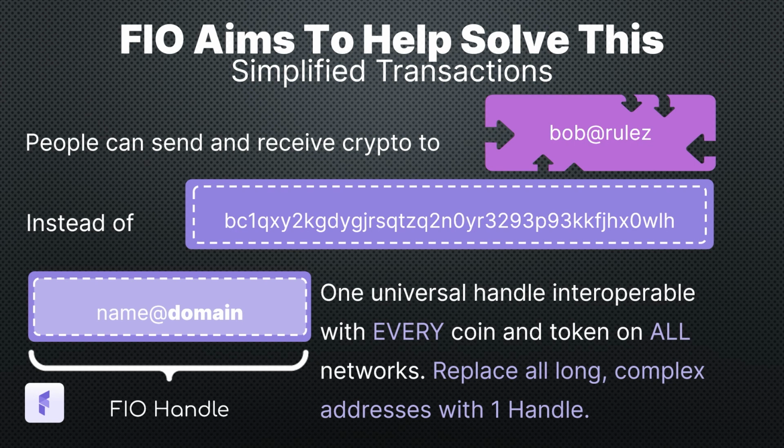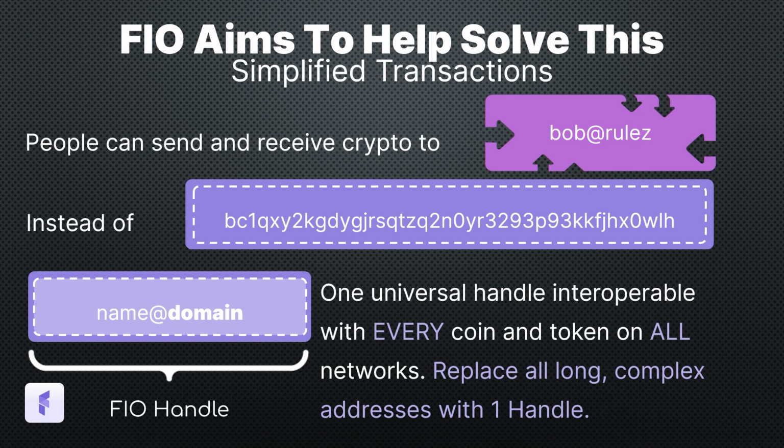So FIO is designed to work with any chain, any coin, any token. It's not limited to just EVM only. We realize the future is multi-chain. So whether you're sending on Bitcoin, Ethereum, Solana, Cosmos, or anything else, even if a new chain spins out tomorrow, it's designed with that in mind, because the way that the FIO blockchain is designed is that interoperability is the core,